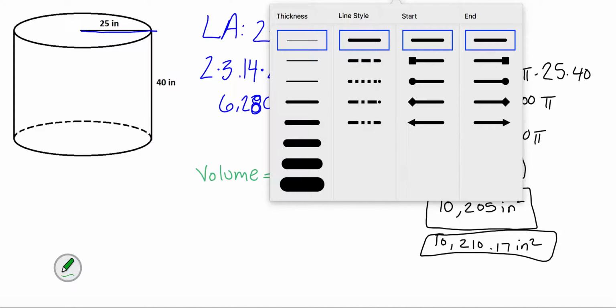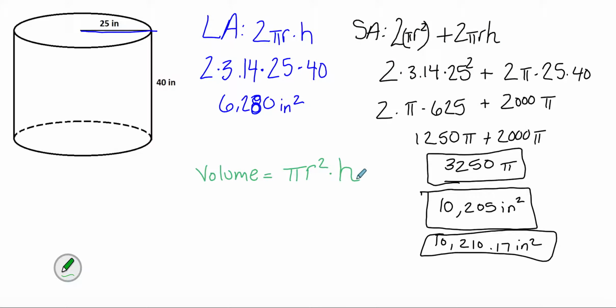Our volume formula says pi r squared times h. So I'm going to take the pi. I'm going to take my r, which was 25, because that's my radius, and I'm going to square it, times the height. When I square that, I get 625 times 40, and then the pi is still out here. And when I take 625 times 40, I get 25,000. And then times pi, again, I'm just going to do 3.14,